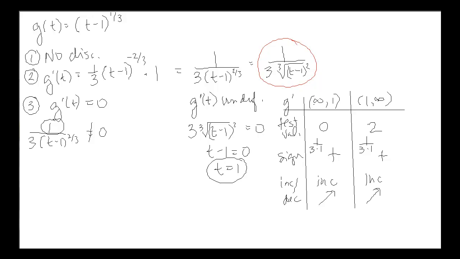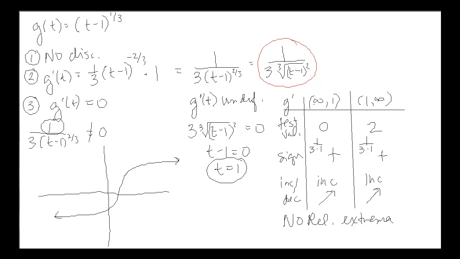So this, in fact, has no relative extrema because I don't have a change in direction. Okay? And if we were to draw this, it would look something like this. Again, you can plug these into your calculator, get a visual confirmation of your work. All right, that's all we have done for increasing and decreasing functions and then relative extrema in the first derivative test.